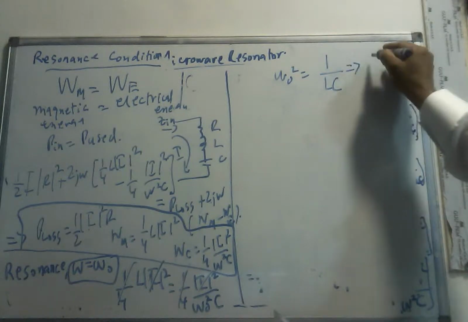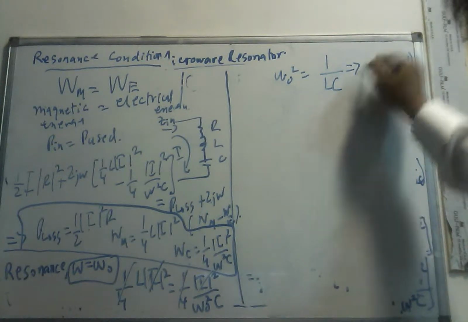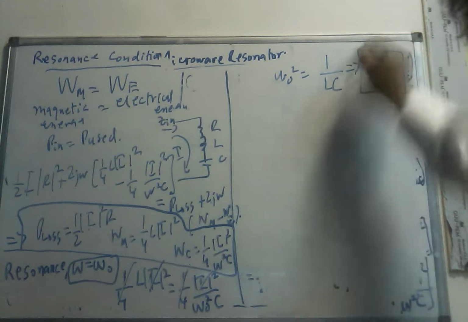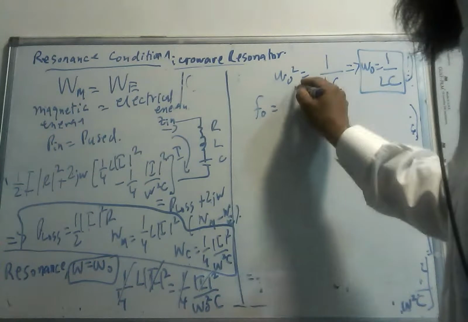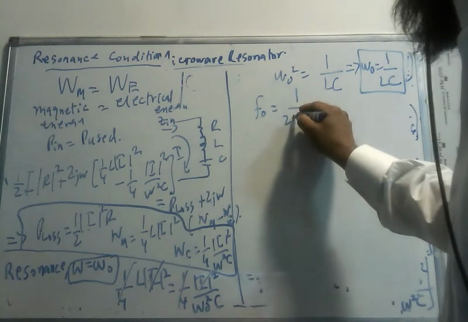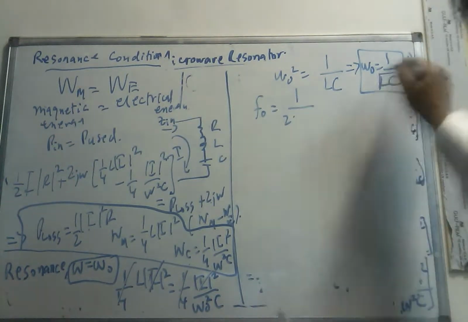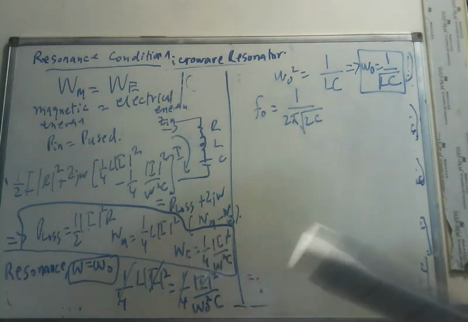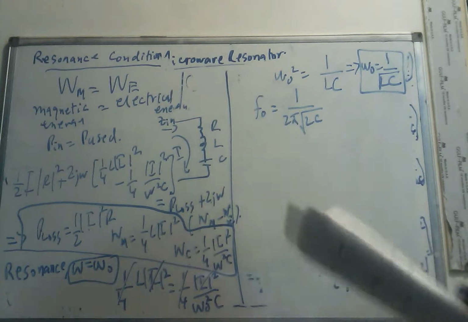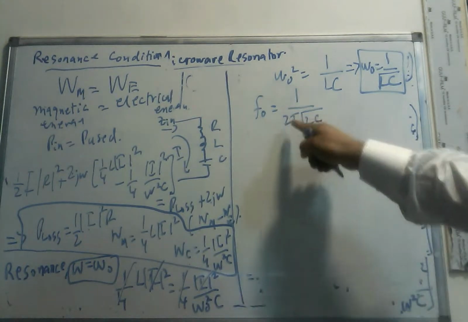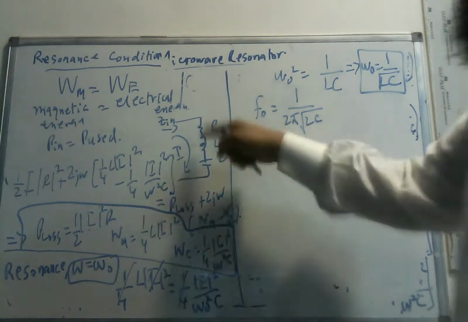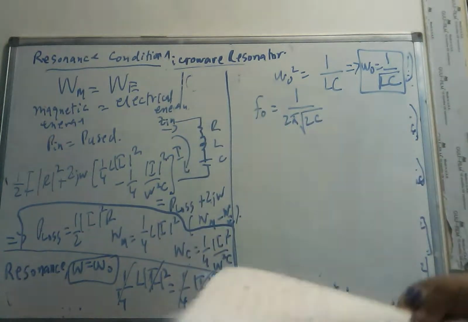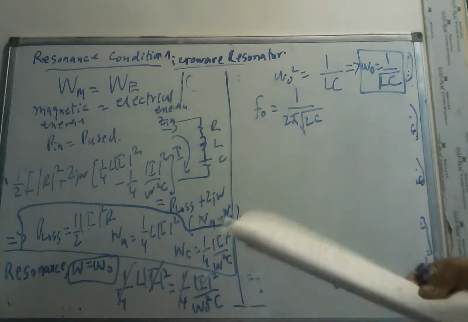which implies omega naught is equal to 1 over square root LC. And in terms of frequency, it will be 1 over 2 pi square root LC. So for any circuit, if I want to find the resonance frequency, any type of resonance, basically we will see that other resonance circuits also have the same resonant frequency. But anyway, for this,